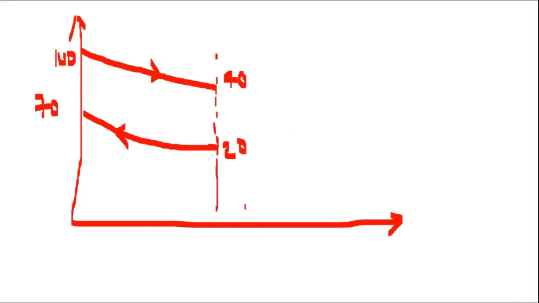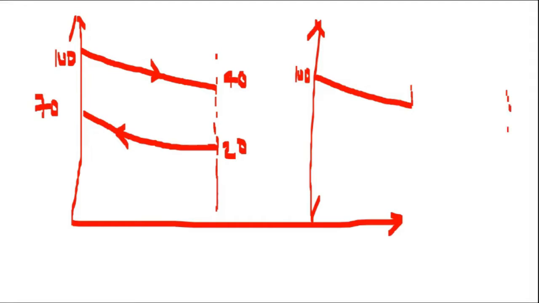Second case, what we are going to do, we are going to draw one more heat exchanger of a larger size. So this is the second heat exchanger for me. For the second heat exchanger, hot water is entering from the same side. So it is entering at 100 degrees Celsius. It will be moving in this direction. Now, this was the size of the previous heat exchanger. The current size is this much longer.